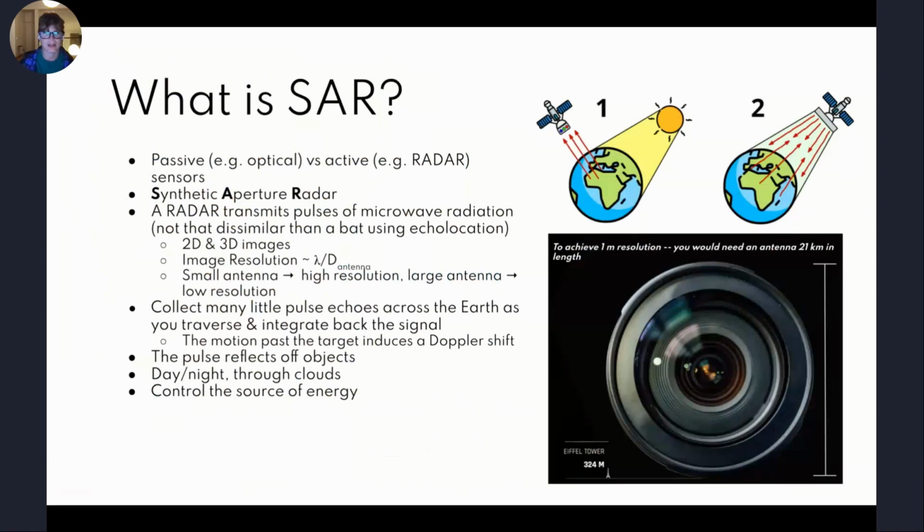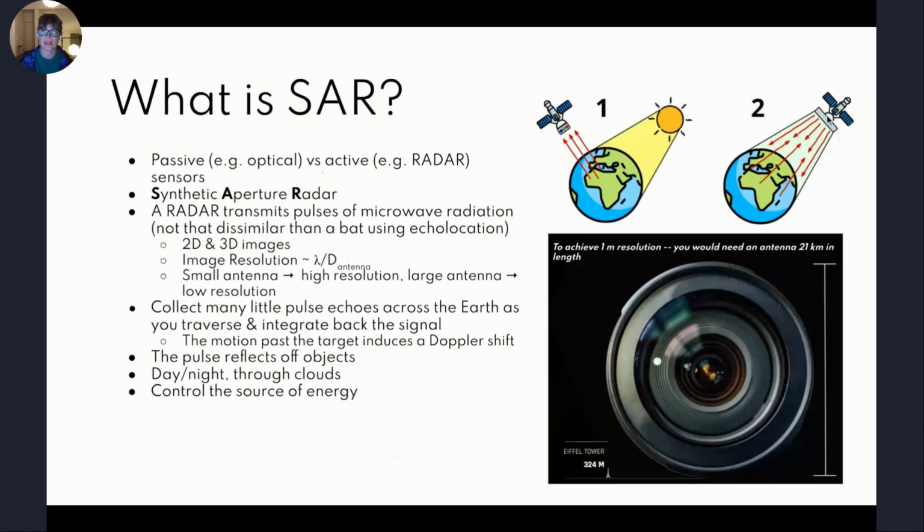It's relatively complicated in terms of physics, but there's an interesting difference that is unique to SAR in particular. It's an active sensing technology as opposed to a passive sensing technology. In a passive sensing technology, like your iPhone camera, you take a picture, and the brightness of that picture or what you see is very much dependent on what's being illuminated.